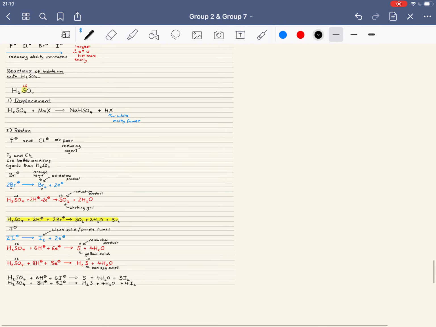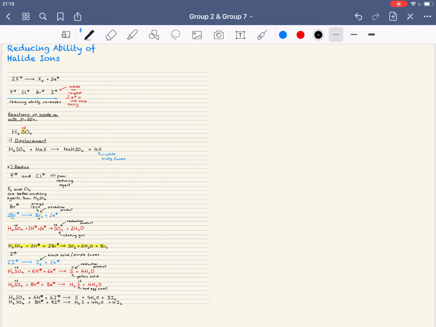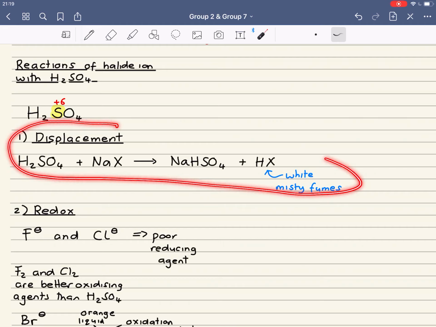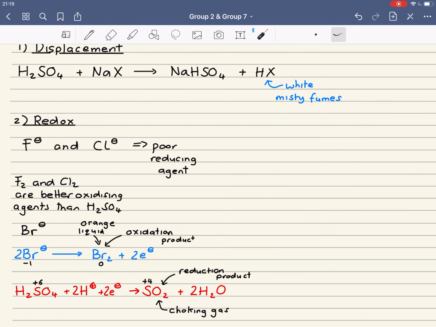So there is quite a long video there on the reducing ability of the halide ions. Remember the trend, that is they become better reducing agents as you go down the group. And then remember the reactions with sulfuric acid. The first one is this displacement reaction. Remember this occurs with all the halide ions. Okay, remember then with the redox, which is the second part of the reaction, the fluoride and the chloride ions,